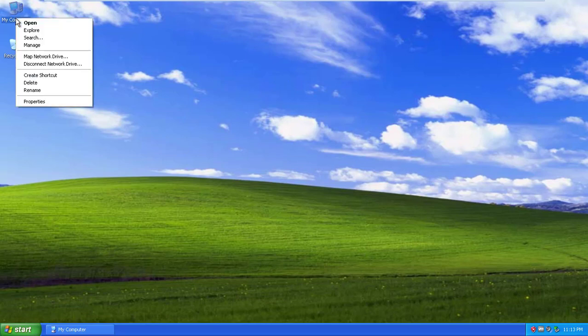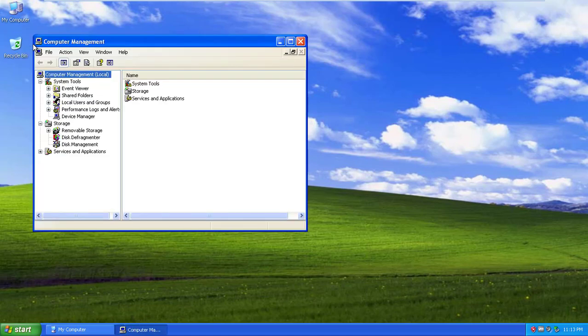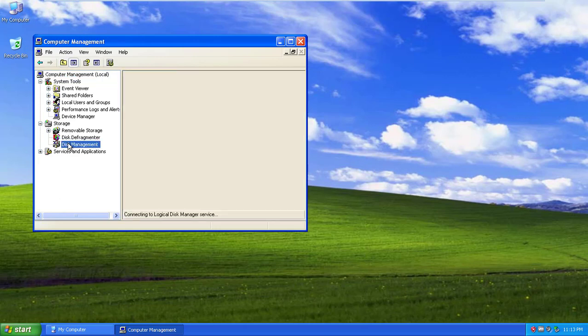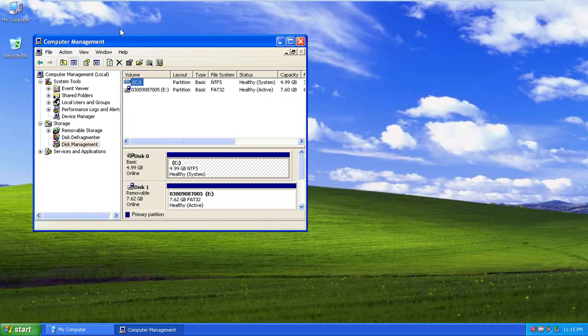So what you have to do is go to My Computer, press this manage button, and go to disk management. When you click on disk management, these drives will appear. One is the external USB, the other is the space that was allocated during installation of Windows XP in the virtual machine.